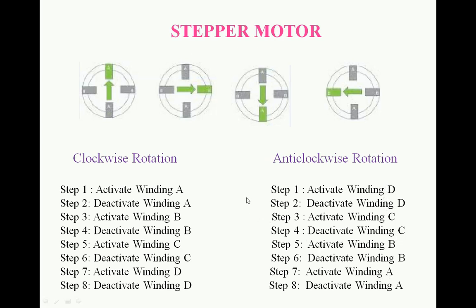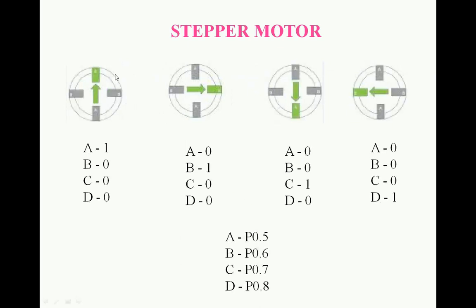With this, we will see how to write the .c file, right? For that, I am activating the A winding, which means for the A winding I have to pass a high signal, and for the remaining windings I have to pass a zero signal, right? So this is high and the remaining are low here. Next, after some time delay, you have to deactivate A and activate B. So I make A as 0 from 1 to 0, deactivating it, and then I activate B by making B equal to 1. The remaining are zeros here, right?